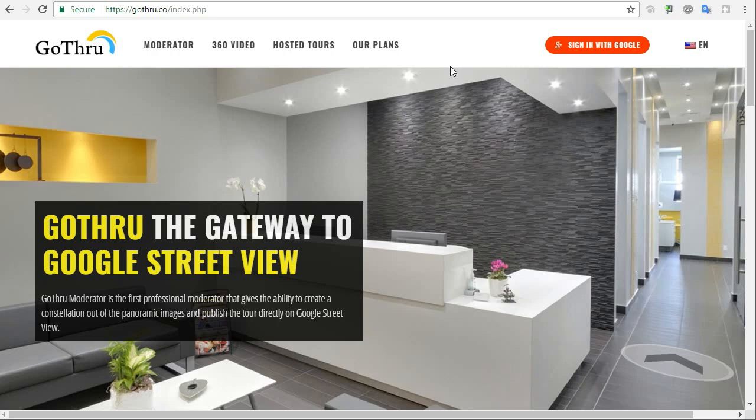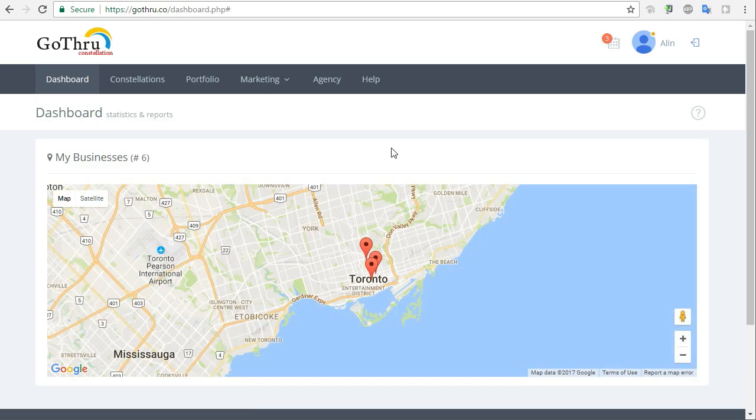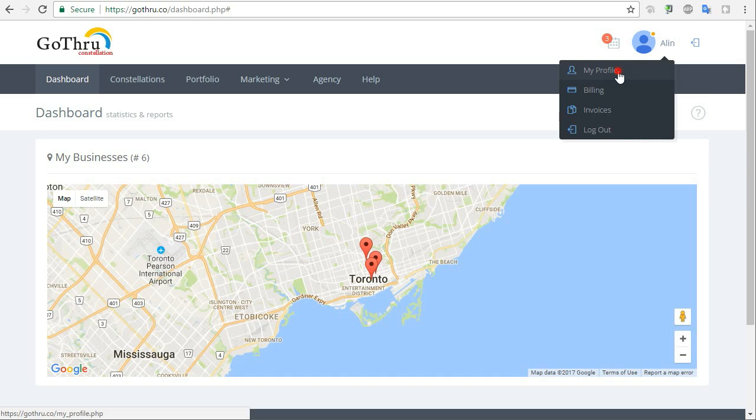Hello, in this tutorial I will teach you how to create a tour and moderate a tour with GoThru and then publish it to your Google Street View account. So you just go to gothru.co and then click sign in with Google,